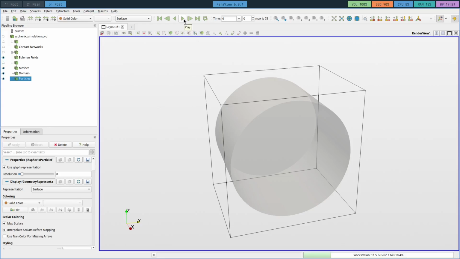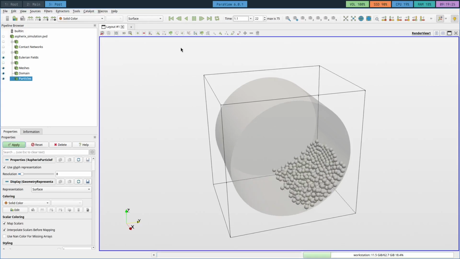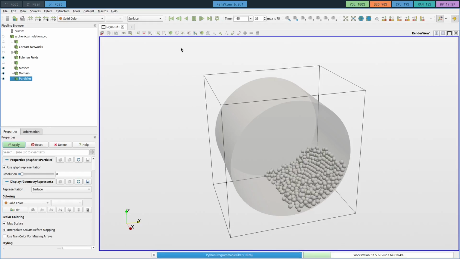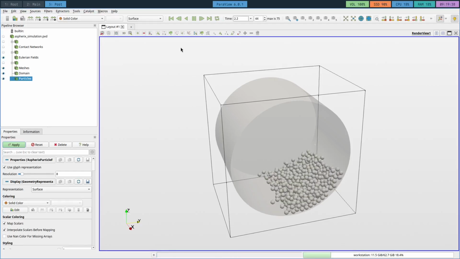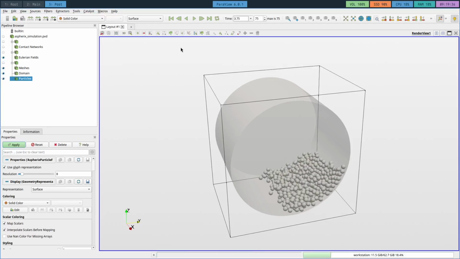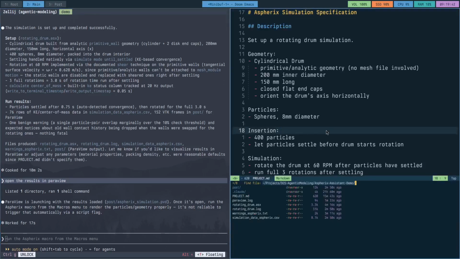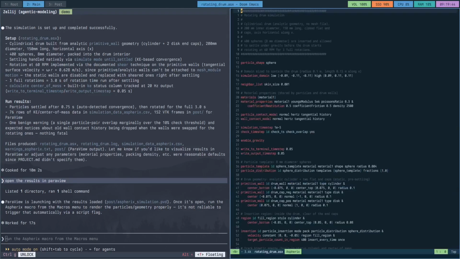So we will just simply play PowerView and we will see that the particles have been inserted into the rotating drum, and after the particles have settled, the simulation itself is now running, the walls are rotating and the particles are slipping down the walls in the rotating drum simulation. We should also be able to look at the input script here, and we see the full input script that